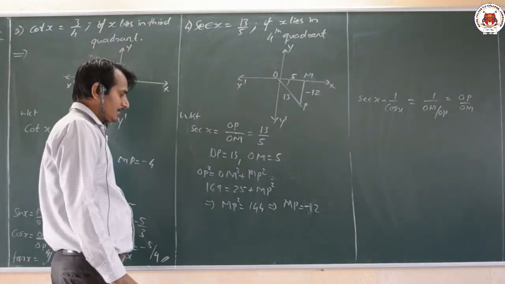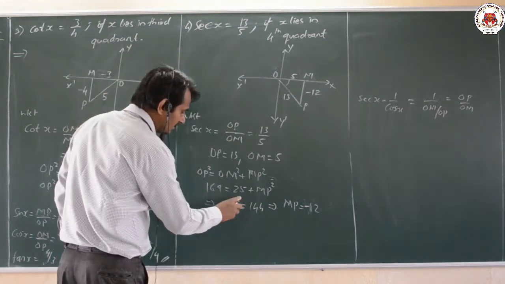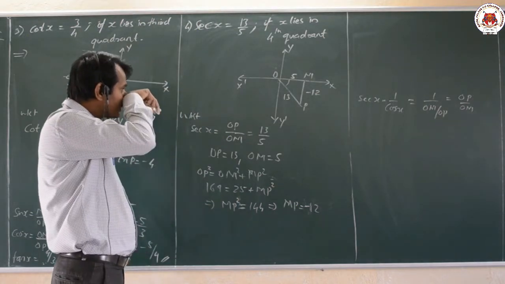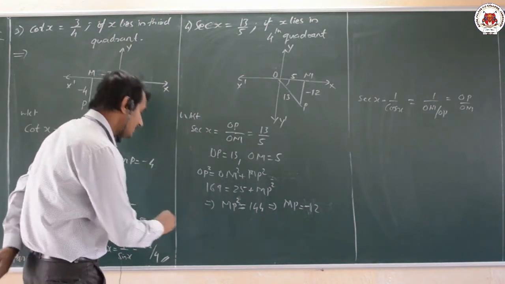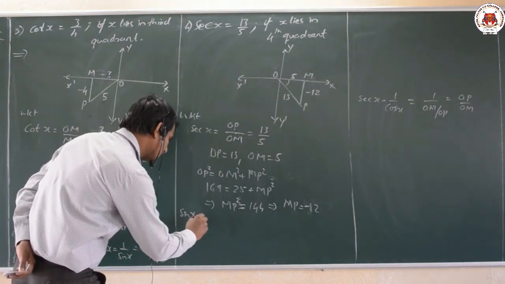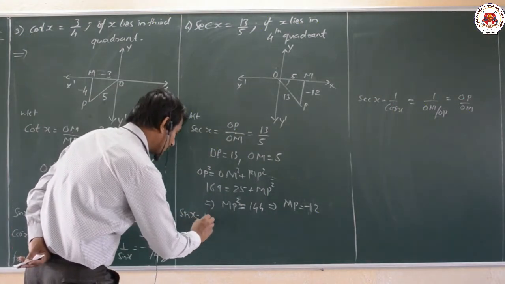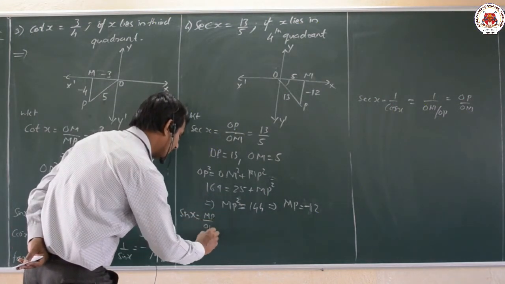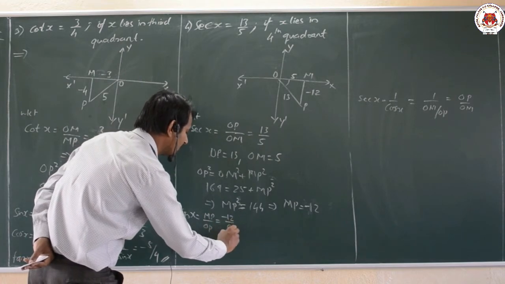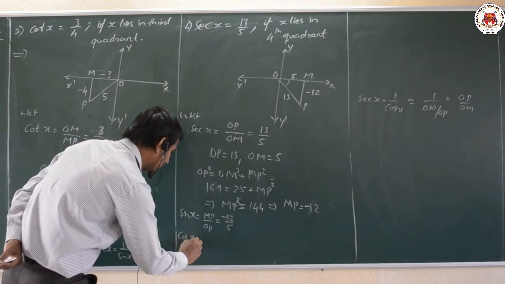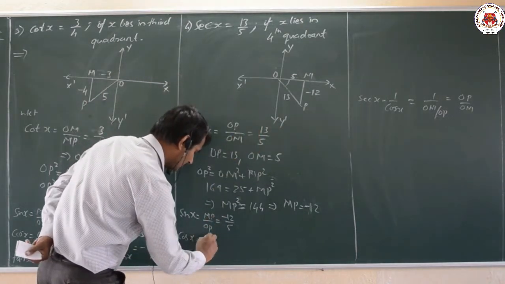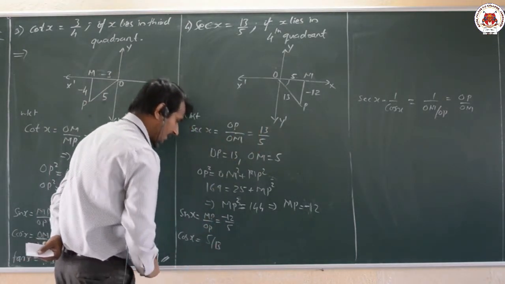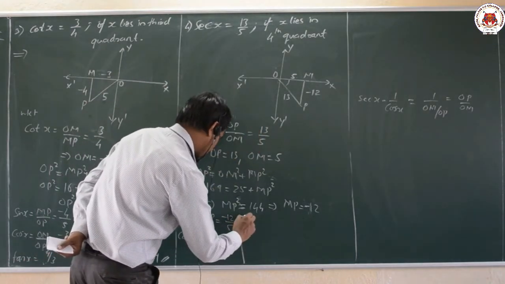Okay, 0 marks you will get there. Okay. Now it is the first thing. Now let us observe the next example. Now we require to find sin x. Sin x is equal to MP divided by OP. MP value is minus 12 divided by 13. Then cos x. Cos x means 1 by secant. 1 by secant means taking the reciprocal, 5 by 13. Then tan.